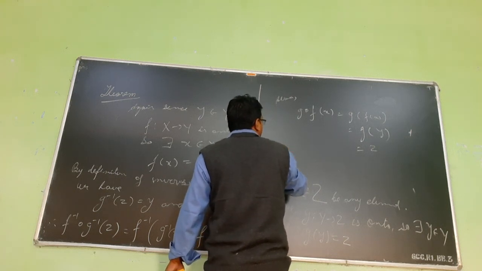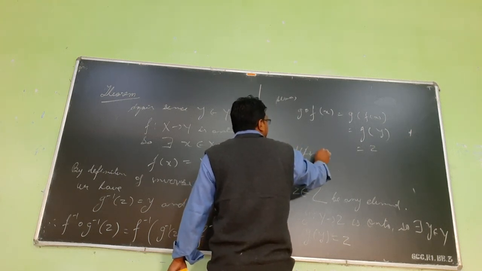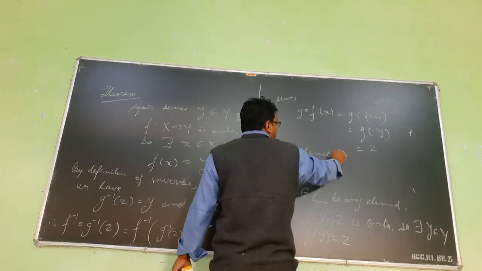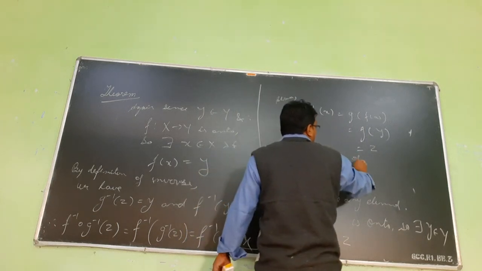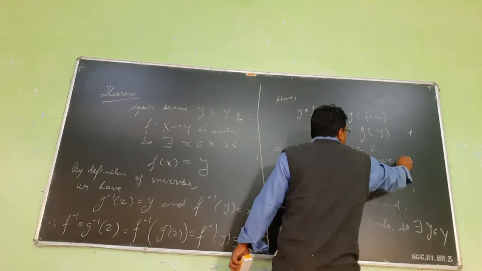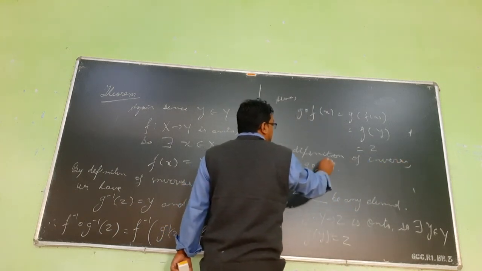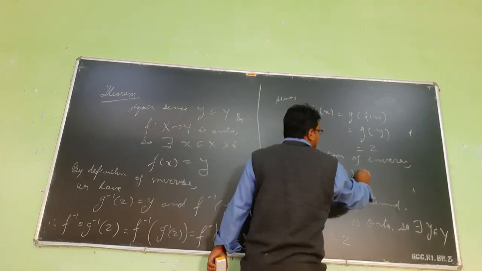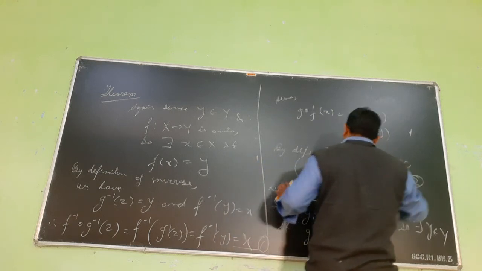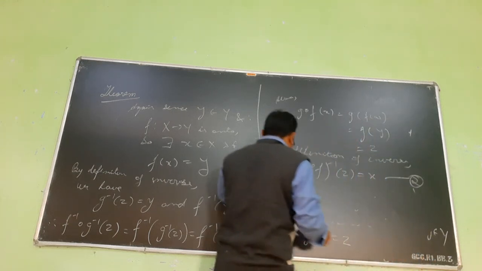By definition of inverse, since this is already a bijection, I can show that (g∘f) whole inverse of z is x. So this is 2. Okay, so from 1 and 2